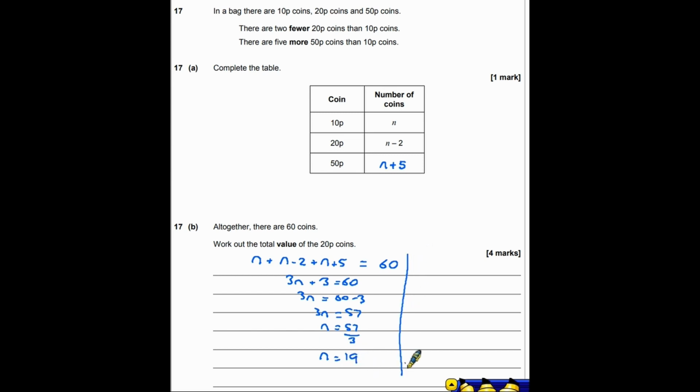So, now that we have a value for n is 19, 20 pences, there are n minus 2. So that would be 19 minus 2. Therefore, there are 17 20 pence pieces. So if we take 17 and multiply that by 20 pence, we get 340 pence, or in other words,